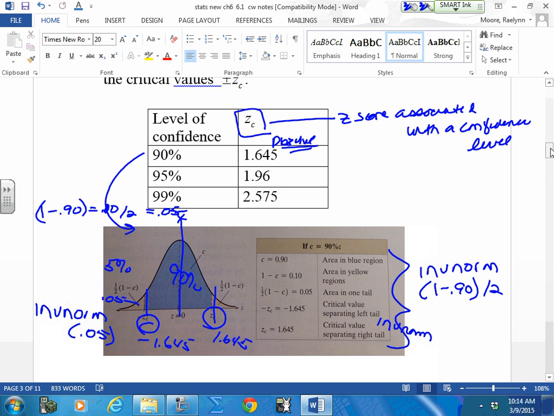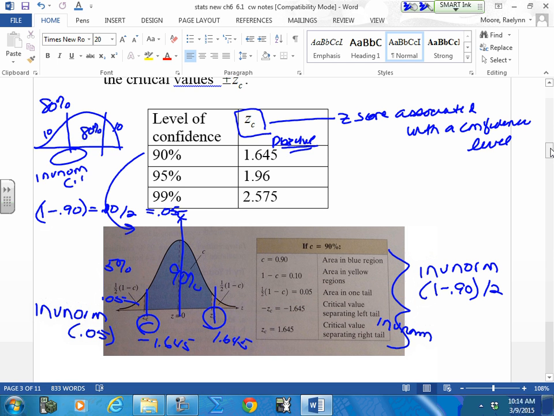So if we did 80%, 80% of my curve is falling here. How much is left to share in the tails? 10 and 10, so 20. 100 minus 80 is 20. Divided in 2, this is a 10, and this is a 10. Everybody agree? So we're just going to do an inverse norm